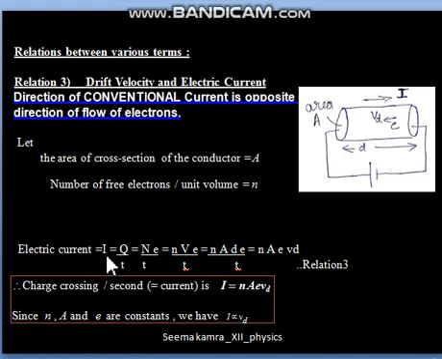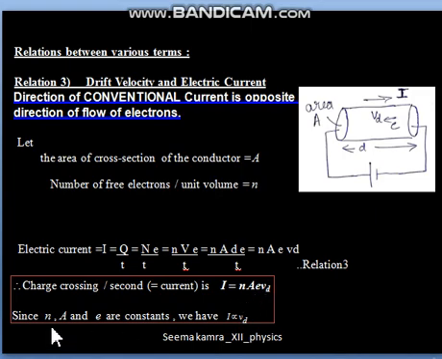So how did we start? I equals Q by T. Q means total charge, which means 1 electron's charge e into the total number of electrons. Total number of electrons, capital N, is small n into volume. Volume is area into distance, and distance by time is Vd. So here we have achieved our third relation of this chapter, nAeVd. Learn it by heart. This is a very important formula. Numerically it is very important and conceptual questions are also based on this formula.